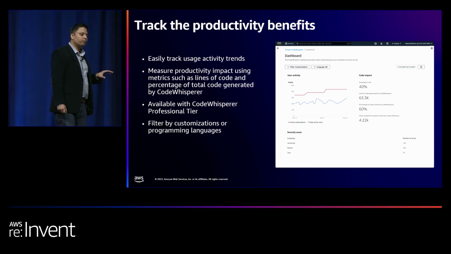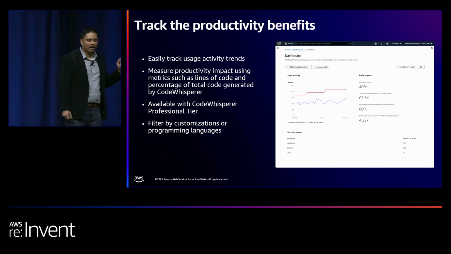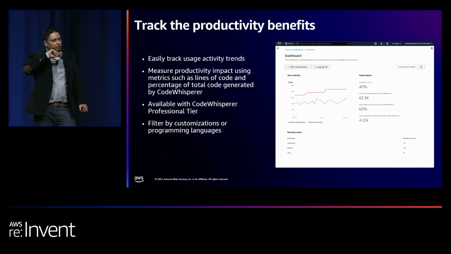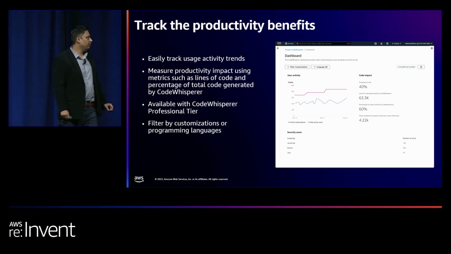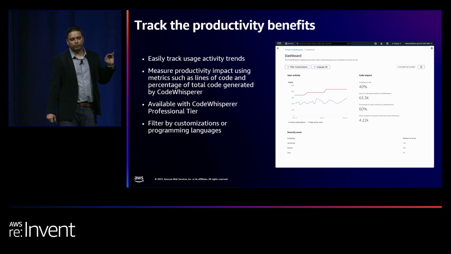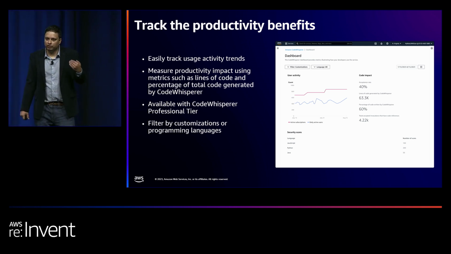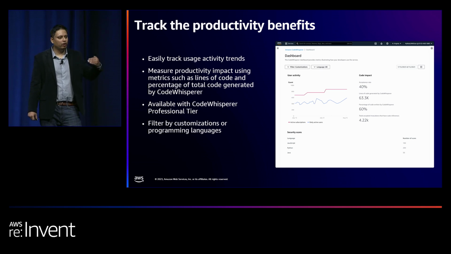So the CodeWhisperer professional subscribers actually have access to the productivity dashboard. In here, you can see how many people in your company have subscribed to CodeWhisperer and how many people every day are actively using it. So just the usage trend tells you whether the developers are happy, and whether they continue using it on a day-to-day basis. If you see the trend dropping, you know something is wrong. You're not going to get the productivity benefits that you're hoping. People are dropping off, they don't like this. So maybe something needs to be fixed.